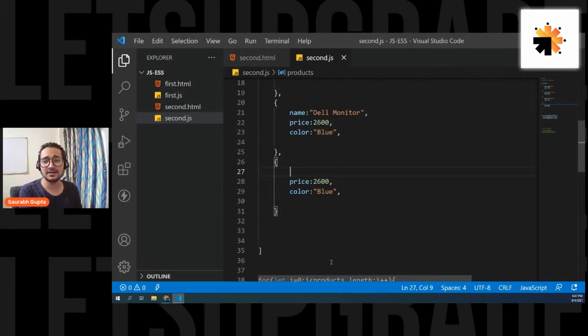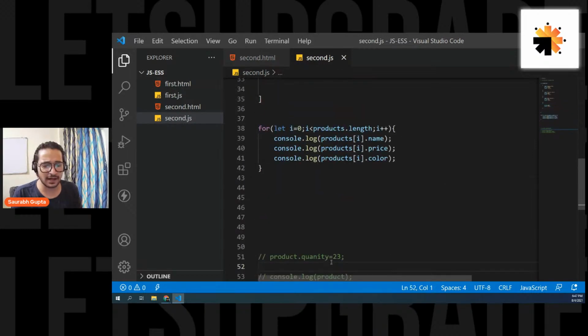That's what JavaScript says when it is giving you undefined. That means the data that you're trying to access, the property that you're trying to access, it's not there. How do we print all of the objects from the array? We have done that. Tech under radar, buddy, we have done that.